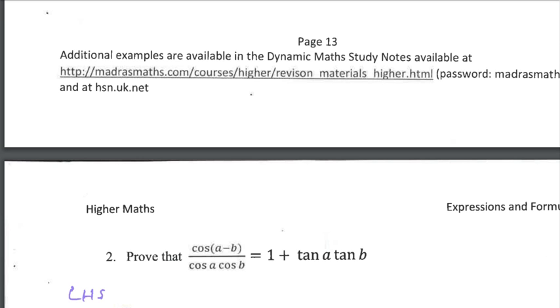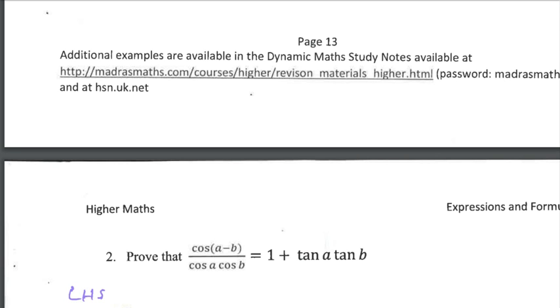Hello again. Higher Maths, Trigonometric Expressions, Lesson 5b, Trigonometric Identities. We're looking at another proof. This time, prove that cos of (a minus b) all over cos a cos b equals 1 plus tan a tan b. So looking at that, the second time you've ever seen a Higher trigonometric identity, you may well be thinking,